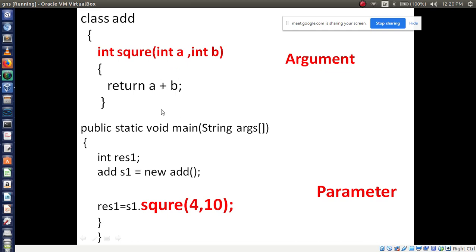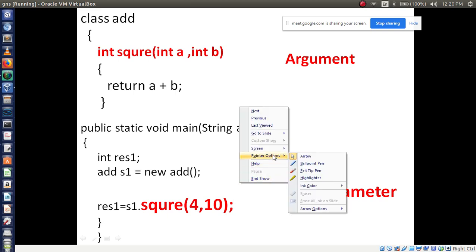How to access the members of this class? With the help of the reference variable, which here is s1. So s1 dot square, the function name. What values do I have to pass? 4 and 10. The 4 will occupy int a, and the 10 will occupy int b. Let's see.